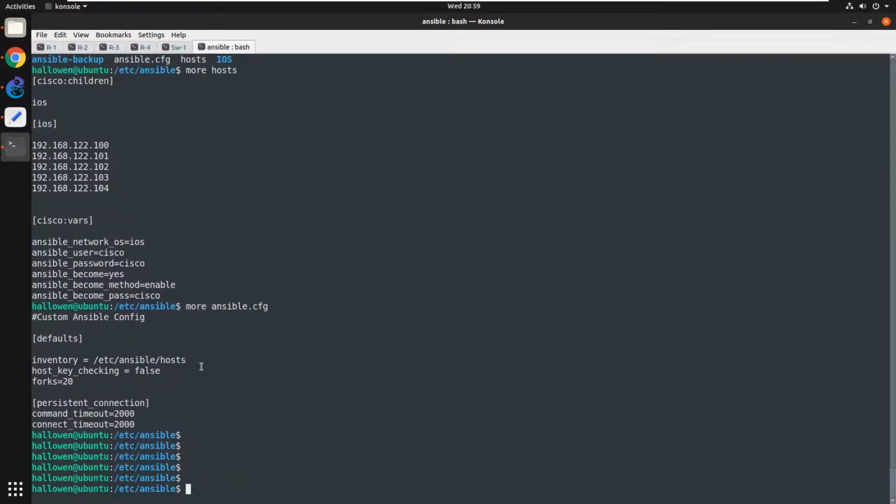You can see that I have a very minimalistic configuration. I have defined some defaults. Inventory means the list of hosts on which we are going to run the commands. That is defined within the hosts file, and it is mentioned in /etc/ansible/hosts. Host key checking: whenever we try to SSH from a Linux shell to a router or a switch,